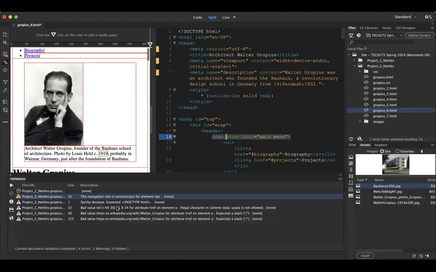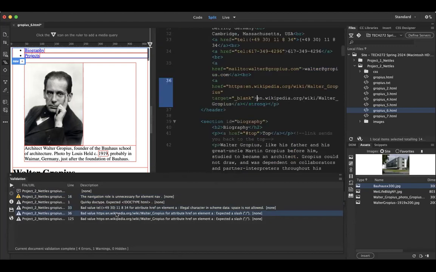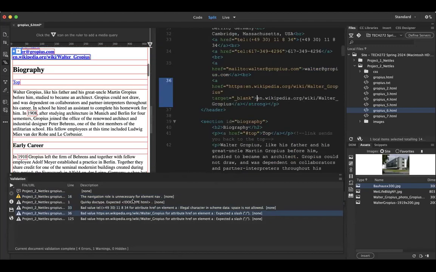It doesn't like the extra space in the telephone number, but I don't really know what to do about that. It could be that the phone number is just out and out wrong. And then line 36, we're actually missing